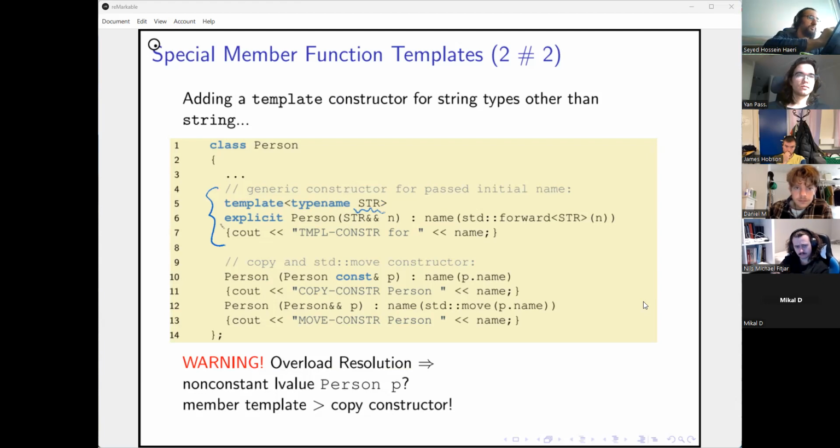That's also an explicit constructor, and it takes its parameter by R value reference, which means that it will steal the guts of it. And so it does what is called perfect forwarding. You don't need to know that.